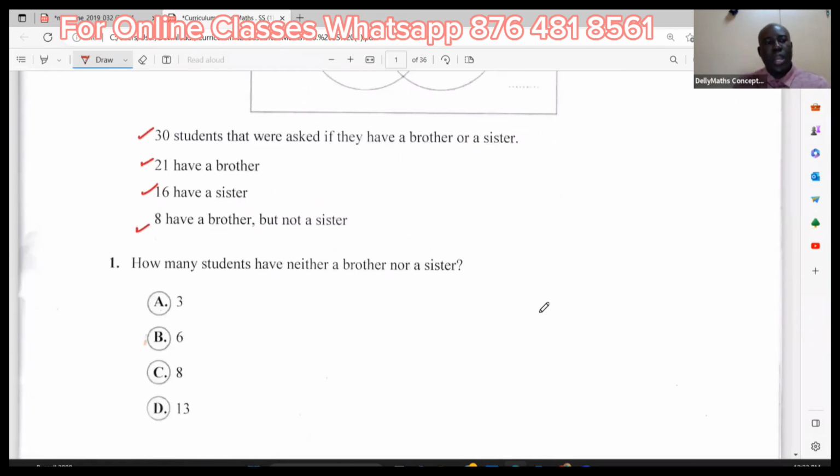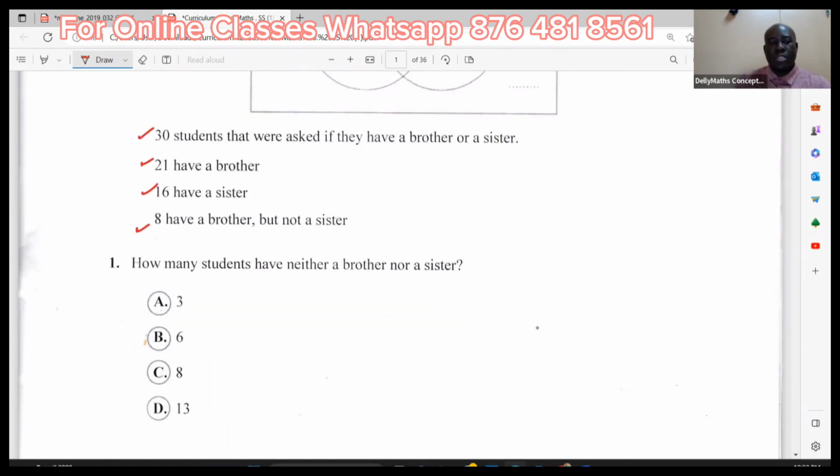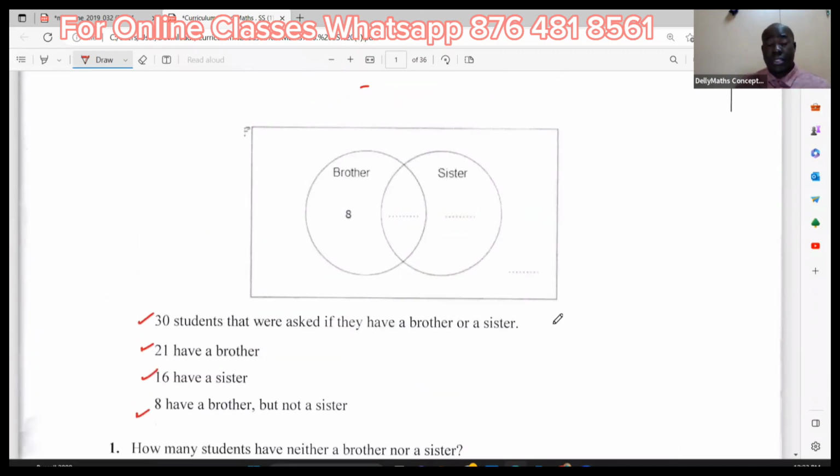The first question says, how many students have neither a brother nor a sister? 8 have a brother but no sister. So in order to respond to the question, you want to make sure that you fill out this table first. So we know that this is dealing with a total of 30 students. Now, 8 of them would have brothers only. And then there are some of them who have brothers and sisters, but we're not told how many of them. So in order to fill out this spot here in the middle,